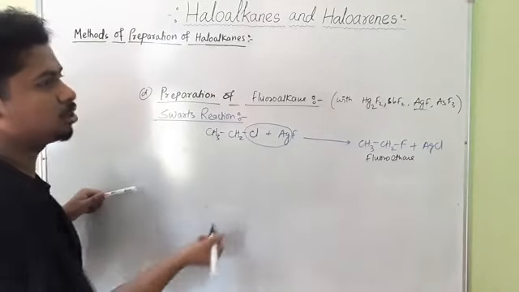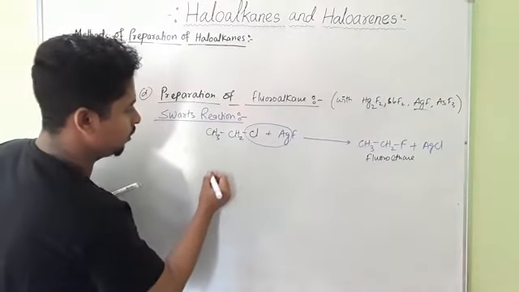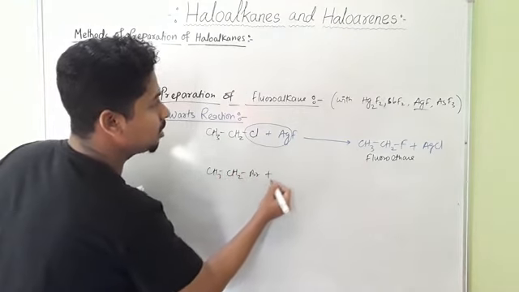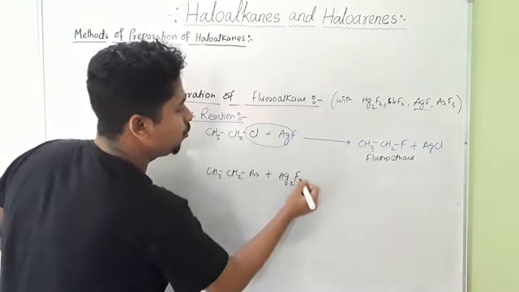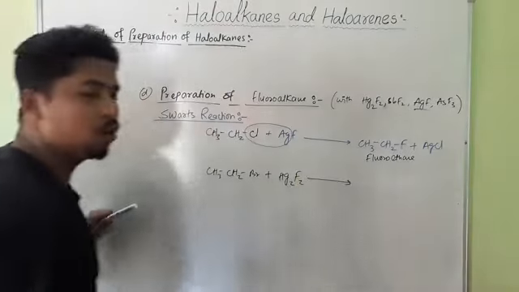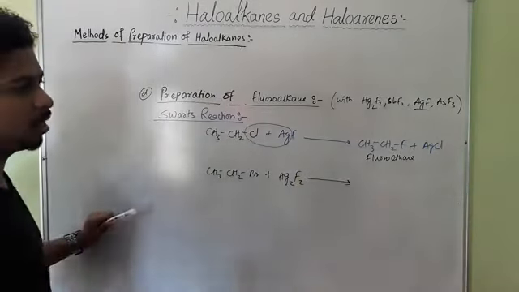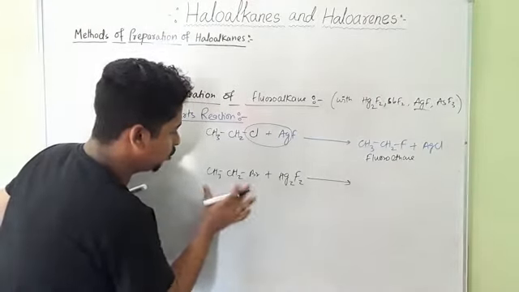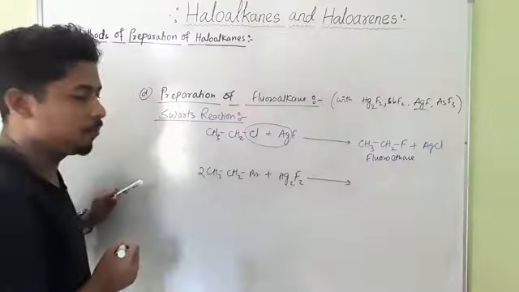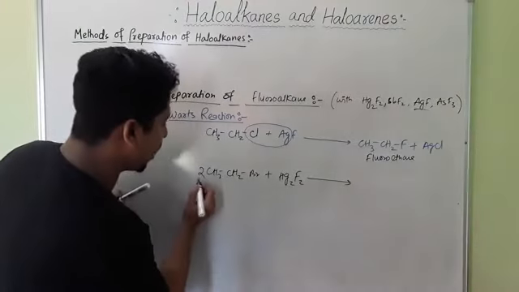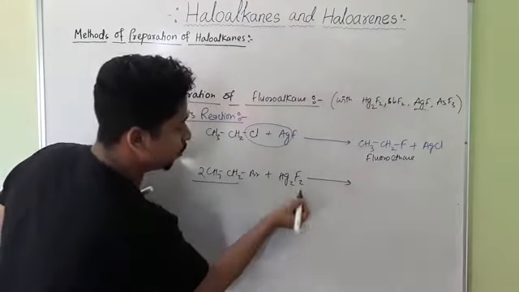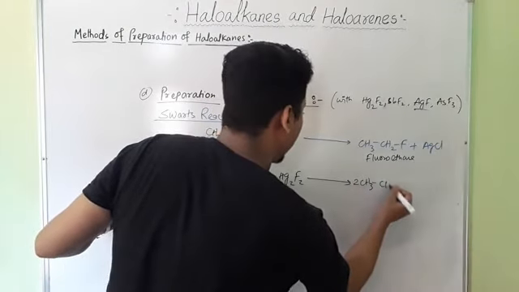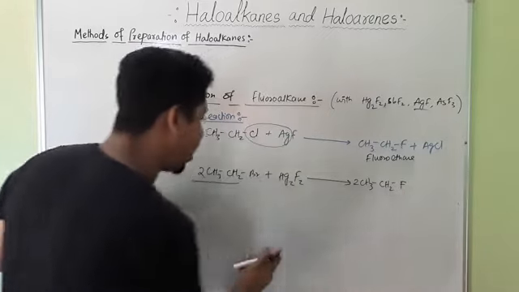Now suppose another reaction. Suppose CH3 bond CH2 bond Br plus Hg2F2. Okay, this is another inorganic fluoride. So upon treatment, we will get the corresponding fluoroalkane. Here you see we have two fluorine atoms, so this should be two molecules. So here we will get two molecules of CH3 bond CH2 bond F